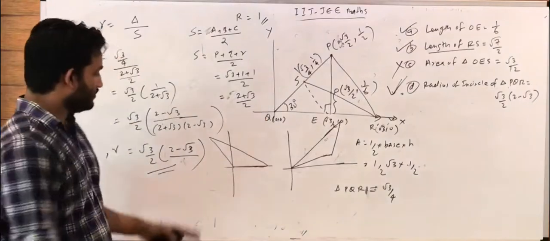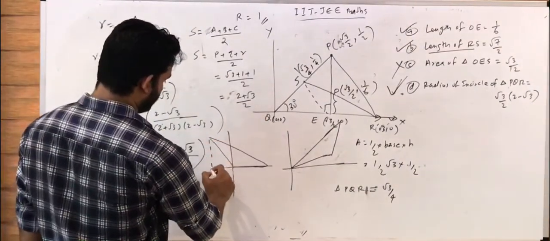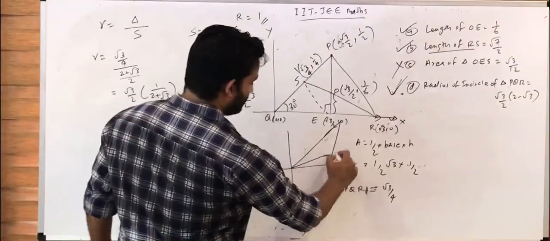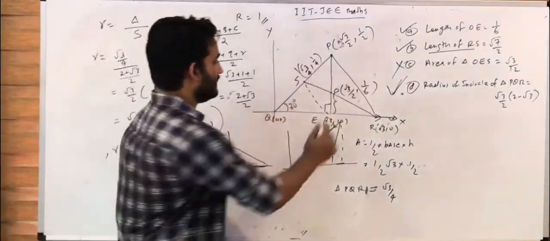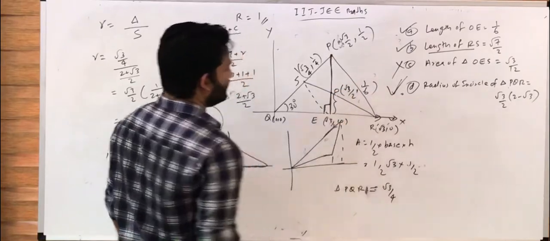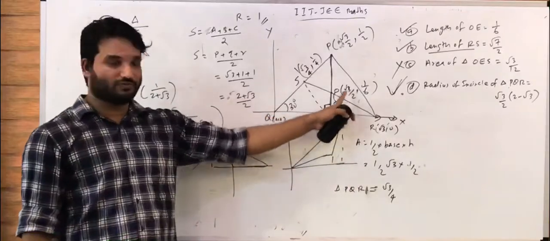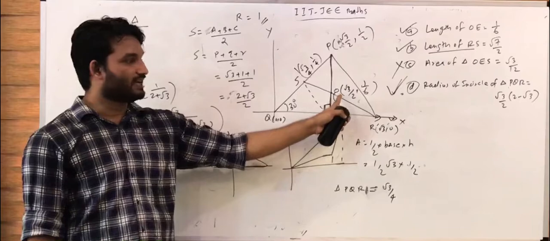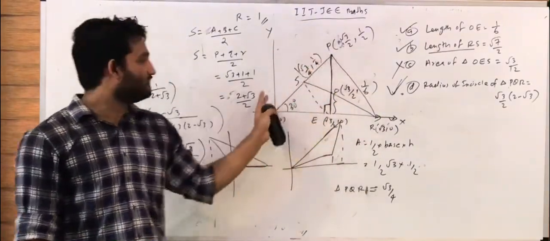So that's why I chose this orientation for this triangle, with QR coinciding with the x-axis and Q taken as origin. You can choose this orientation also, but here, to find the coordinates, we need to extend this line. Here also we need to drop other perpendicular lines. But here the point O lies exactly on the altitude. So the x coordinate of O can be easily found from this x coordinate, because since it lies on this perpendicular, the x coordinate doesn't change. So that's why I chose this orientation for this triangle.